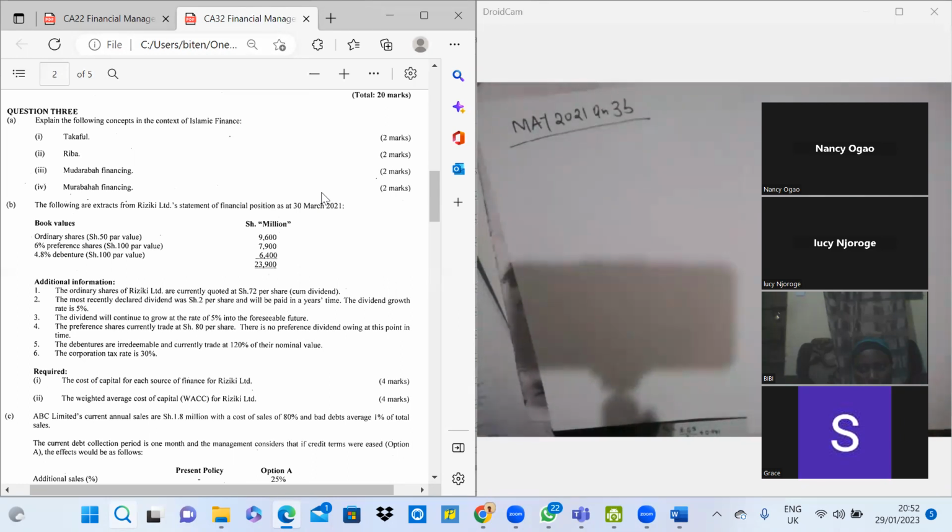The ordinary shares of Riziki Limited are currently quoted at 72 shillings per share, come dividend. The most recent declared dividend was 2 shillings per share and will be paid in a year's time. The dividend growth rate is 5%. The dividend will continue to grow